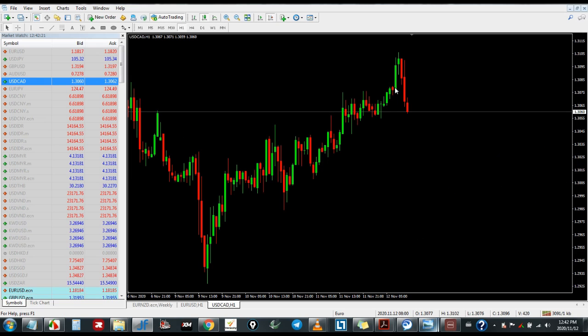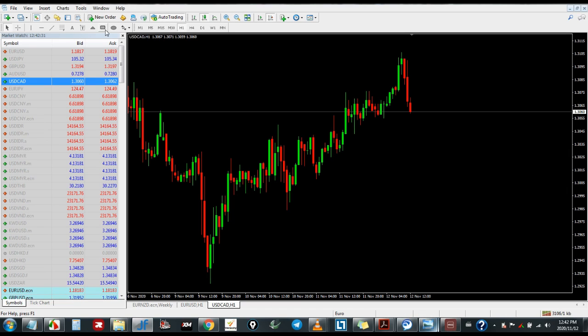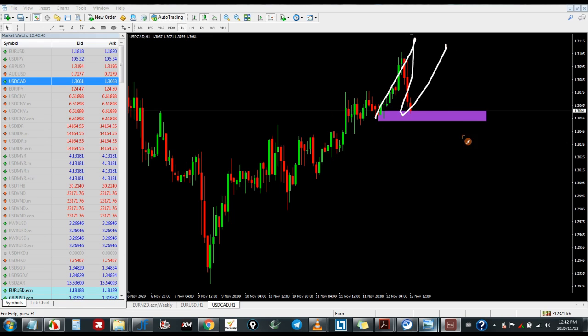This one is doing a V-shaped pullback. Not good at all. So this one is a demand zone. Yes, this is a demand zone, but this is not how I would like the pair to reverse. So I wouldn't like it to go up and reverse down and buy. So even though it is at a slight demand, I wouldn't buy. So I would leave EURUSD. I wouldn't sell EURUSD. That's what I want to say.